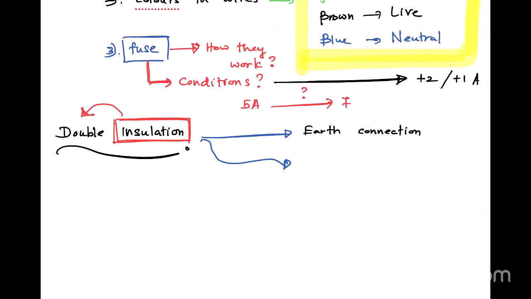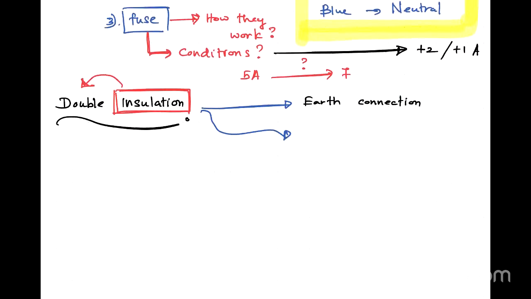Earth connection means if there's an uncontrolled or unsafe electric surge, then this earth wire will be directing that current towards the earth, right? And the second one is you need to use the insulating material